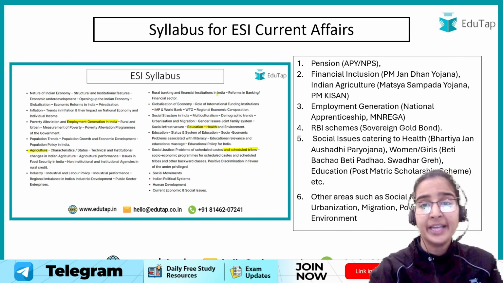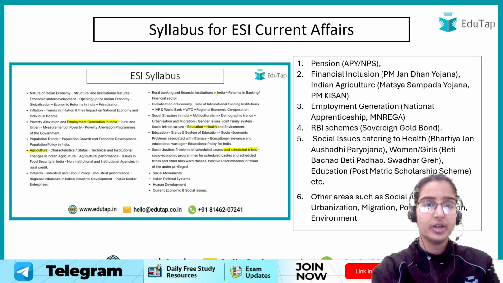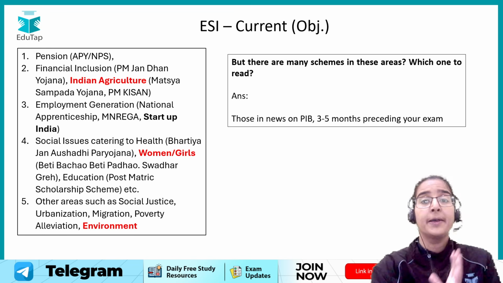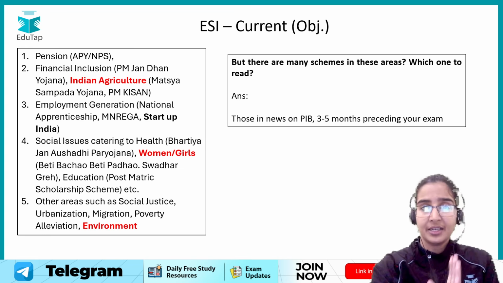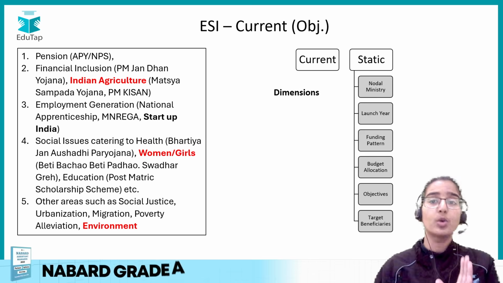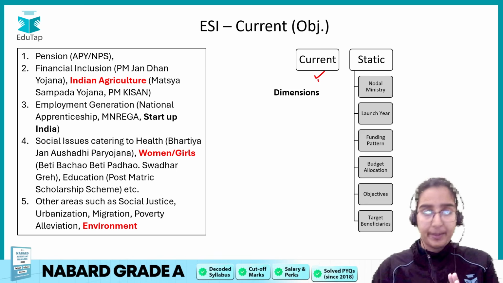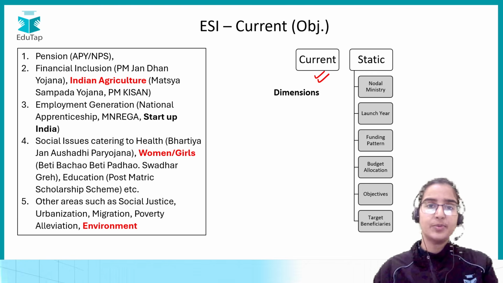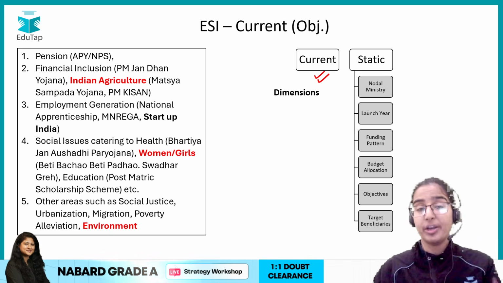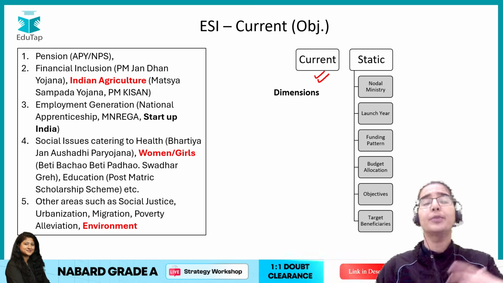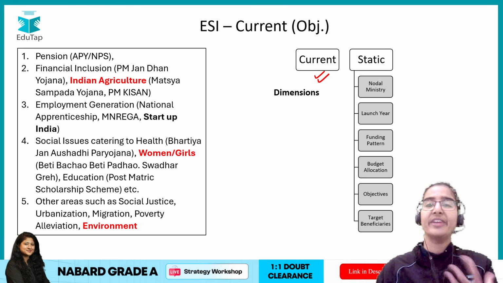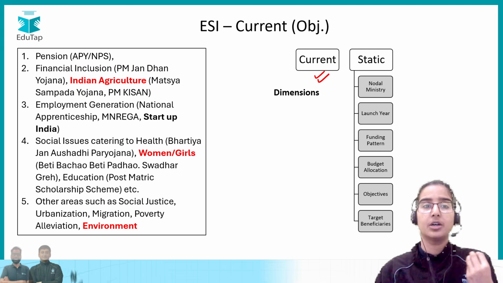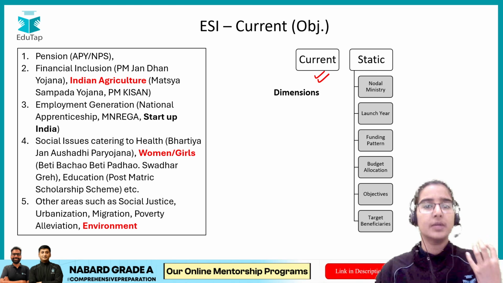And now coming to the next part, what all you have to cover in the schemes part, right? Now as far as the schemes are concerned, students, you have to cover the current dimension. First of all, why it is in the news, if some beneficiary has been added or not, or if the budgetary allocation has been increased, if some new component has been added, right? So for whatsoever reason the scheme is in the news, you have to cover that current dimension.